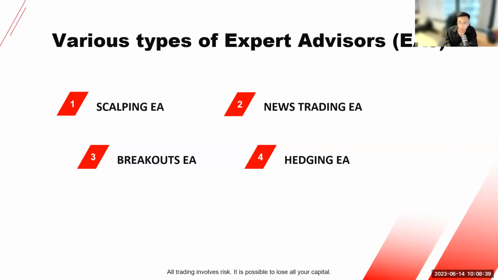So yesterday we just had a CPI news, and let's say we are using a news trading EA. The bot will take into account the results of the news once it is released, and it will automatically place a trade for you. Yeah, so actually these EAs are relatively useful for beginners. However, if you are a more experienced trader, you would rather avoid these EAs, as usually these EAs only work for a short period of time.